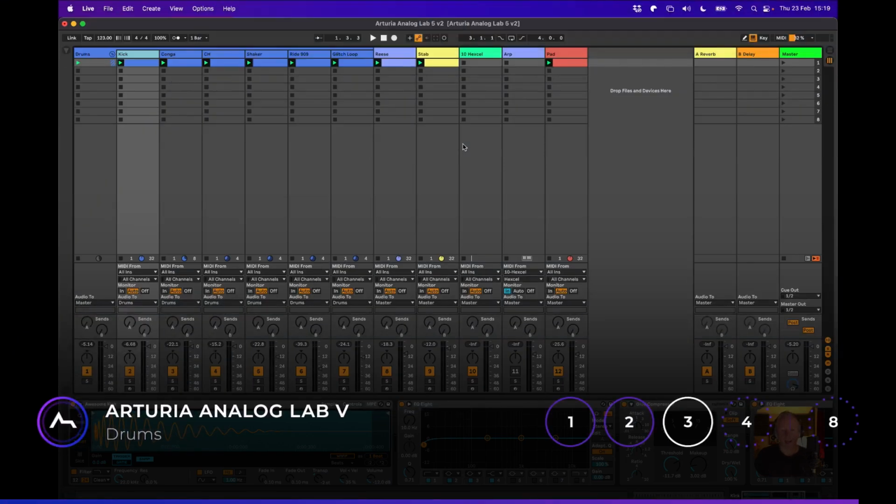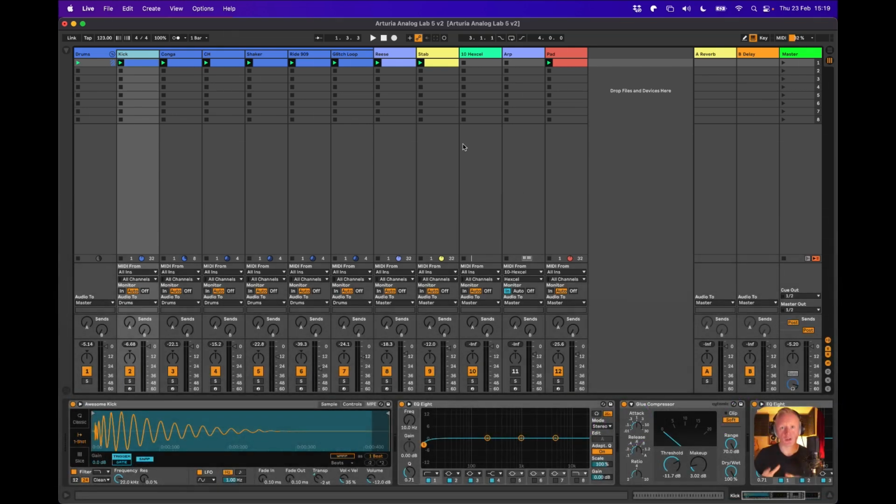Okay, and here we are in Ableton Live 11, and you can see we've got our melodic techno loop going here, which we're going to listen to in a second. And every single one of these sounds, bar one, which is my kick sound here, is from Analog Lab 5. So it shows you how powerful and how versatile a tool Analog Lab 5 really is,